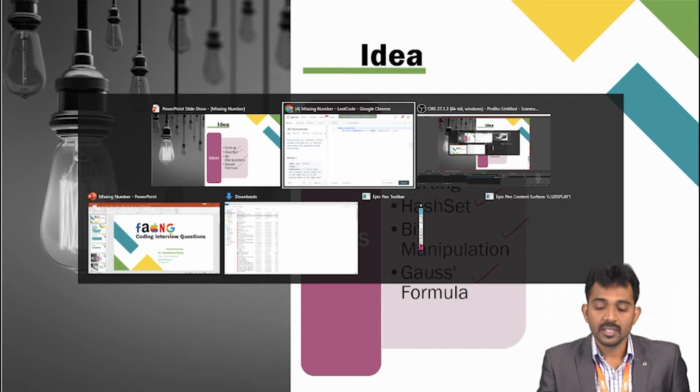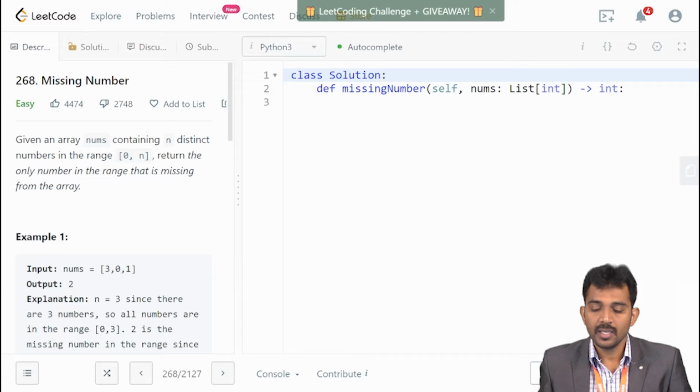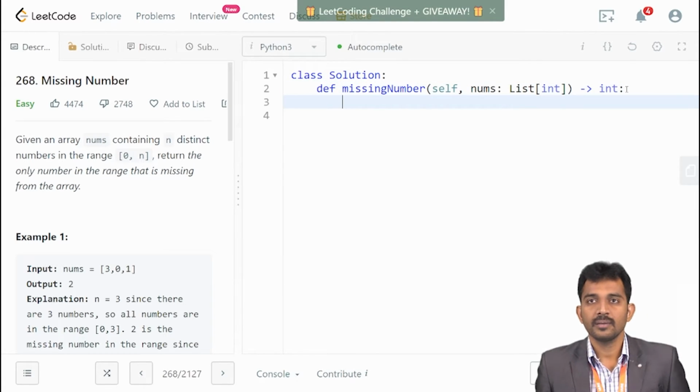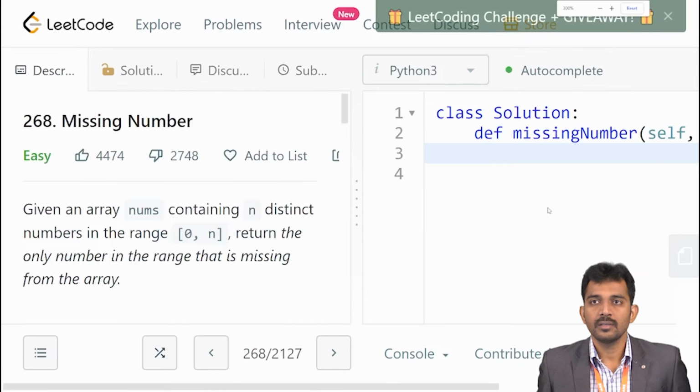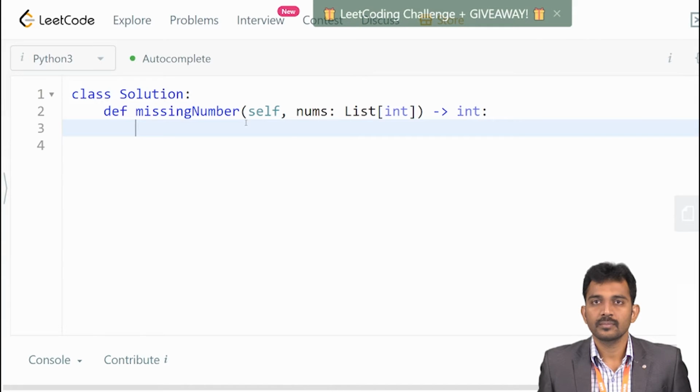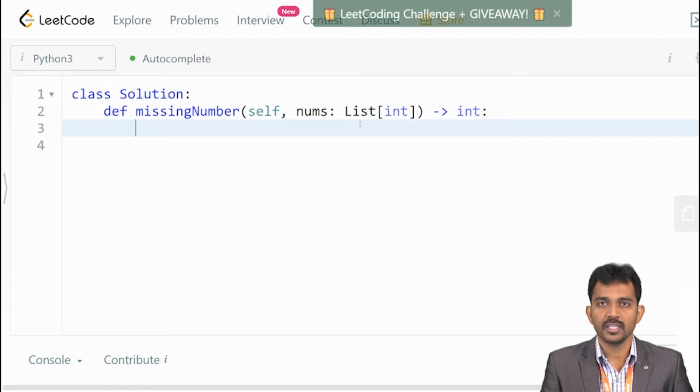Here nums is the data. First I'm going to find the length of the nums: length equal to length of nums.